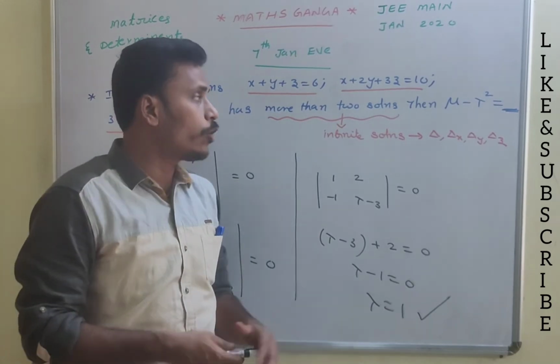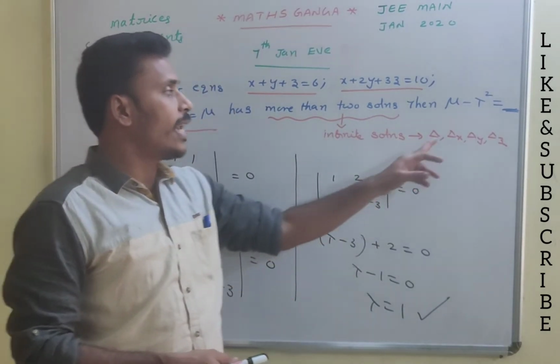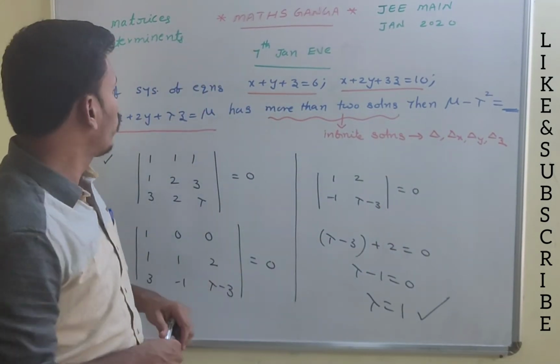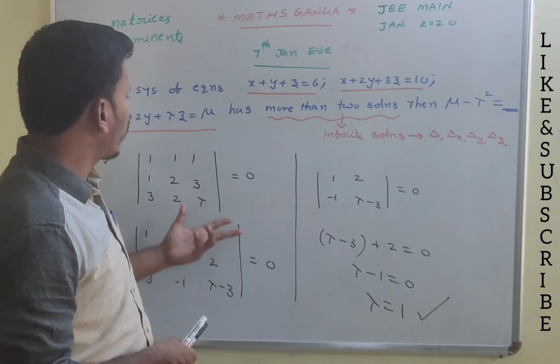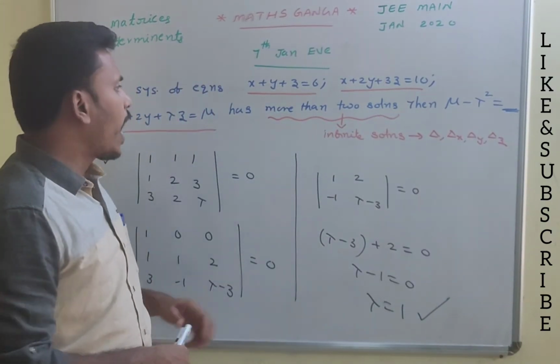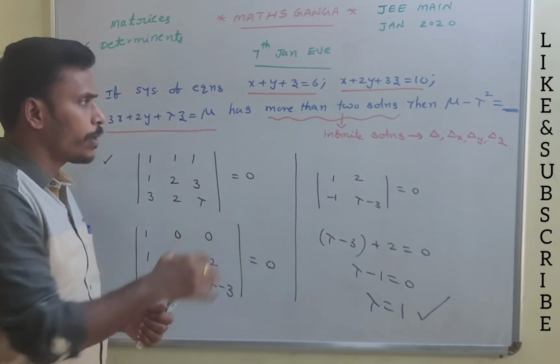So since the lambda value is equal to 1, the next thing is what? You need to use either delta x or delta y or delta z to find the value of mu. But if you look there, mu is a constant thing. We can use any one of these three to get the value of mu. So I will use delta z or any other, no problem, right? I will erase this for the space concern.